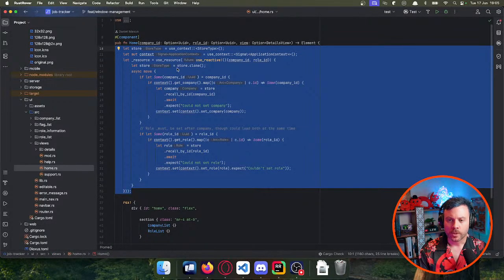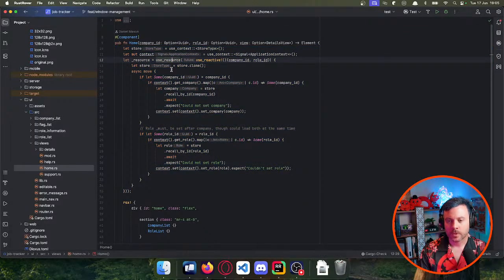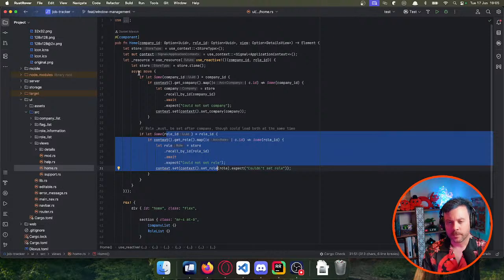So we start off a resource that will, resources are how Dioxus works with asynchronous code. So we can then use that to look up the company ID in the store and the role in the store. I have created some issues around this because